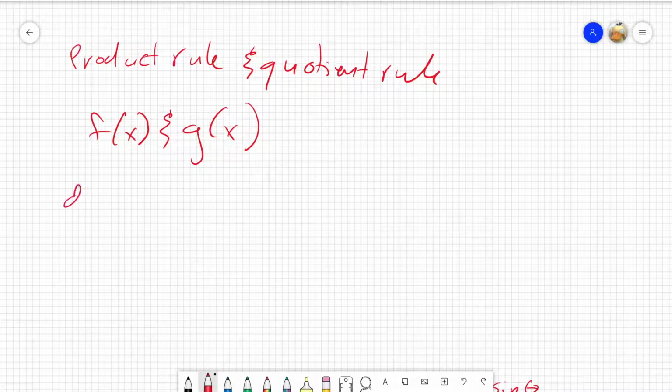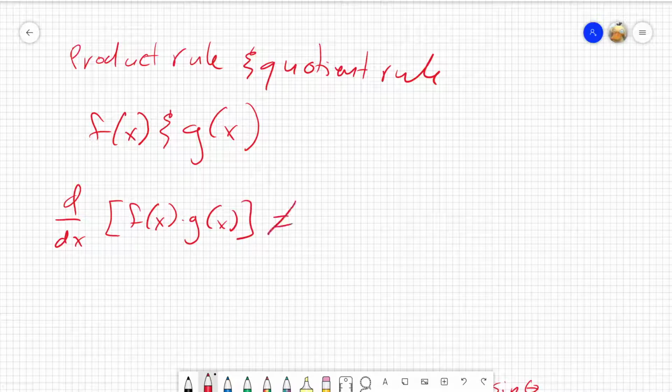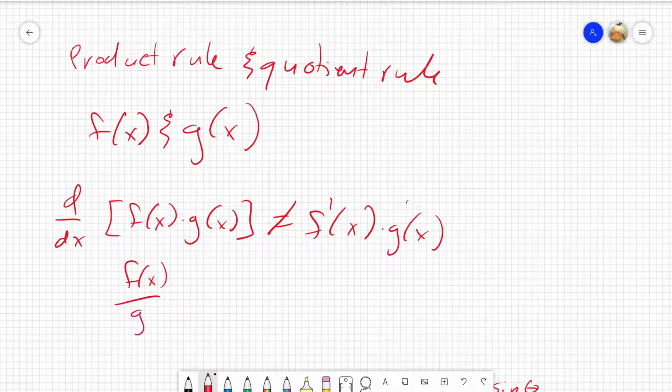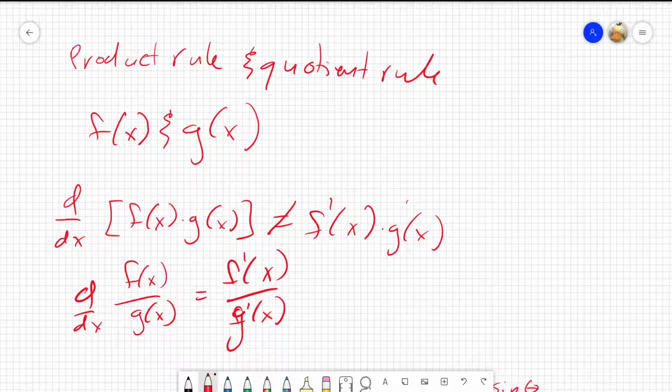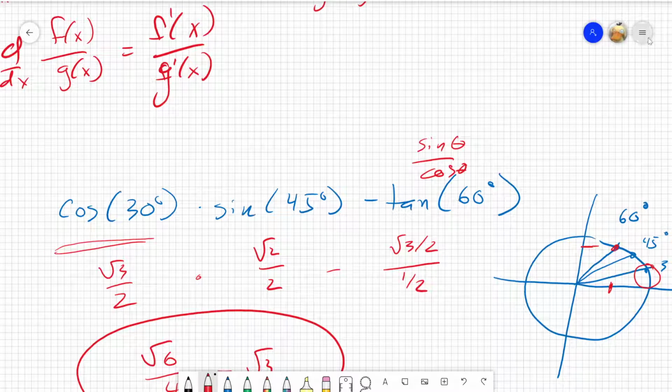Then the key thing here is that if you multiply the functions and take the derivative, you do not get the product of their derivatives. And if you take the quotient of the functions and you take the derivative, you don't get the quotient of the derivatives. So probably the easiest way to see that this is the case is,